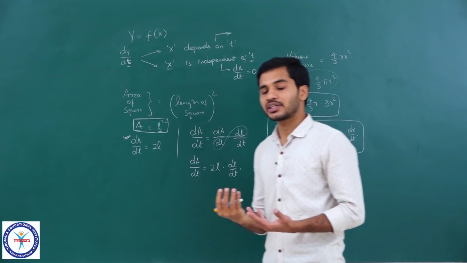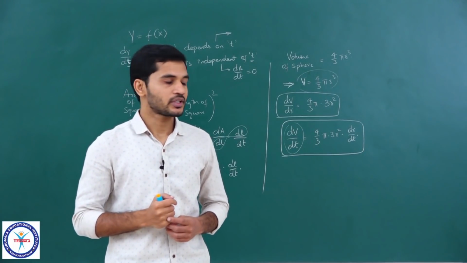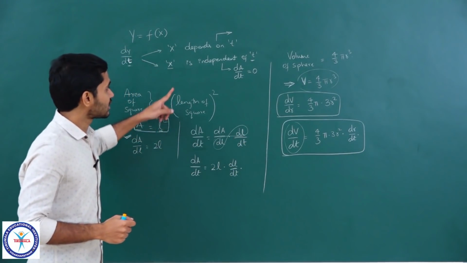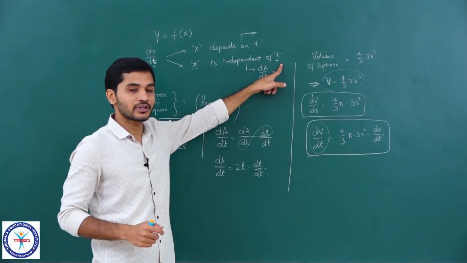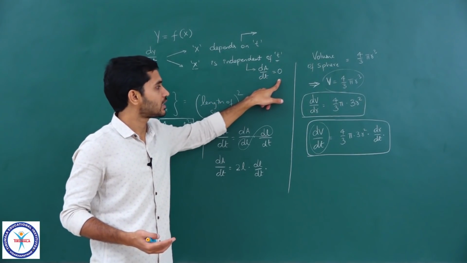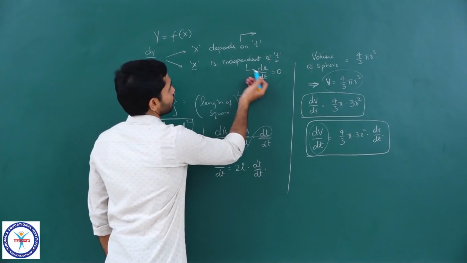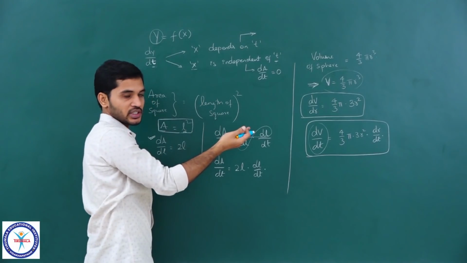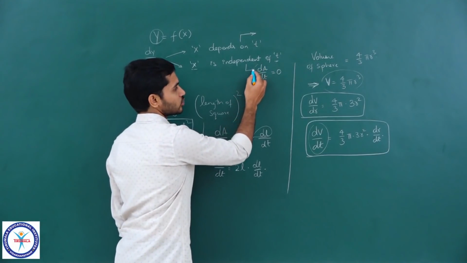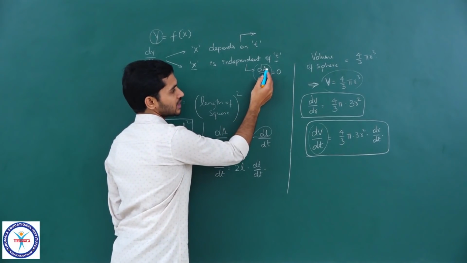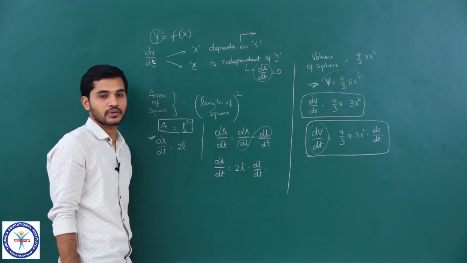Clear, students? This is just a continuation of what we learnt in the chain rule. But like I told you in the earlier case, if x is independent of t, it will automatically mean that y is also independent of t, and in such a scenario you can directly say that dA by dt is 0. What that basically means is that y cannot be changed by time. If time cannot change y, this has no meaning. What does this mean? How does A change with time? With time it does not change. That is how we should understand. Clear?